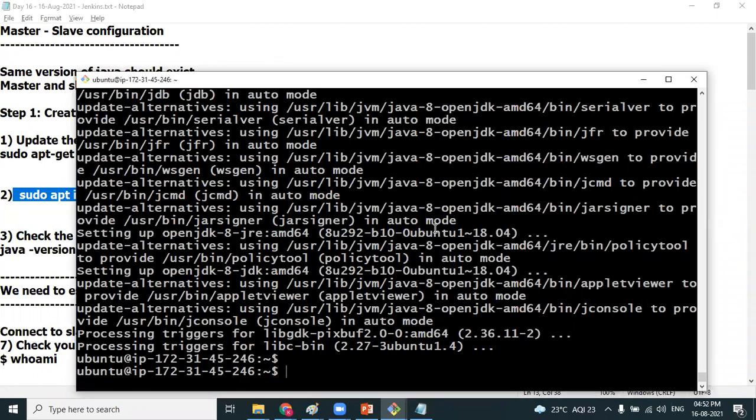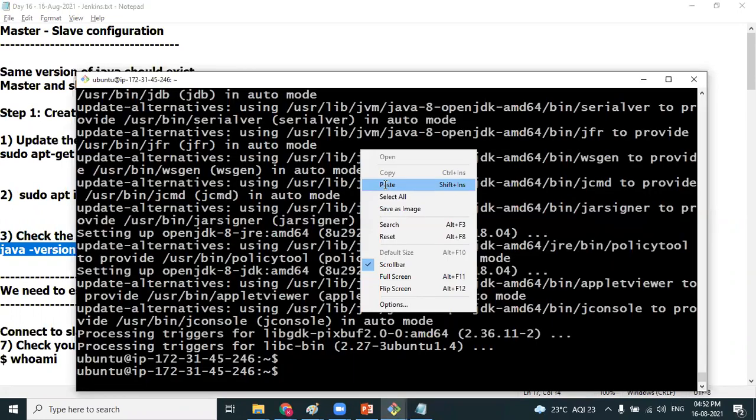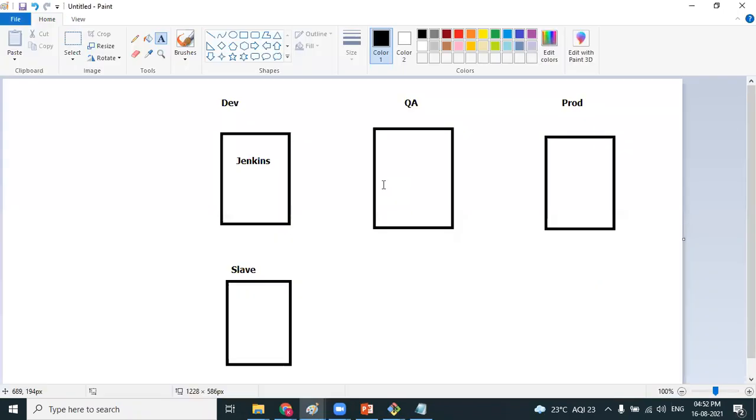Yes, Poonam. Hi Sunil, good evening. While creating the slave EC2 machine, we have used a different security group and also created a different key pair. That's okay, you can use the same security group. You got a different security group, but I have opened all traffic, source anywhere, with no restriction.